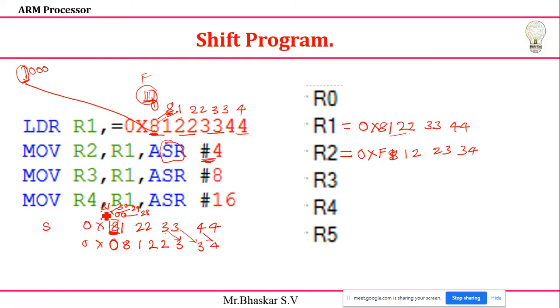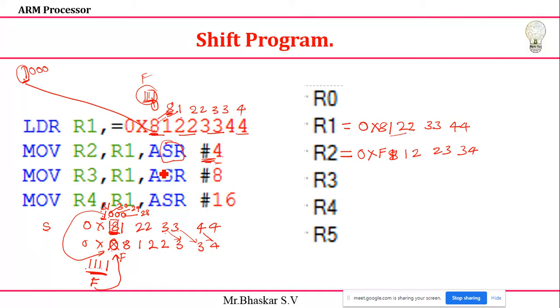Then what do I need to do? Next I need to add 4 bit positions. Usually if it is 4, what are we doing? 4 zeros we are adding, right? Instead of that I am adding 4 ones. 1 1 1 1. If you add 4 ones, you already know 1 1 1 1 is what value? F. F only will come to here. Instead of zeros, we are writing F.